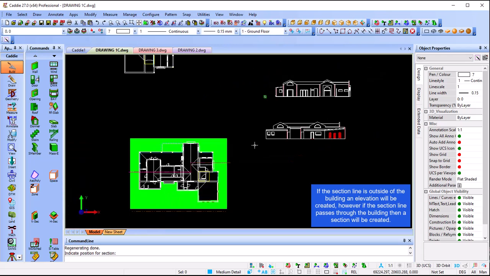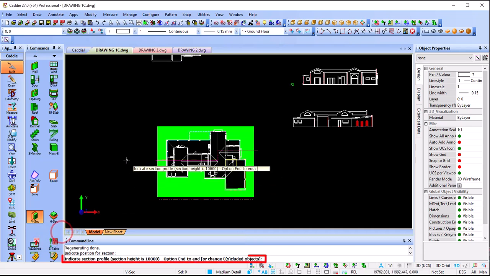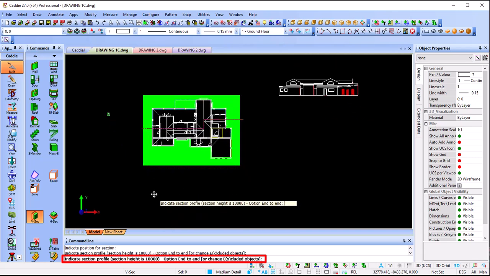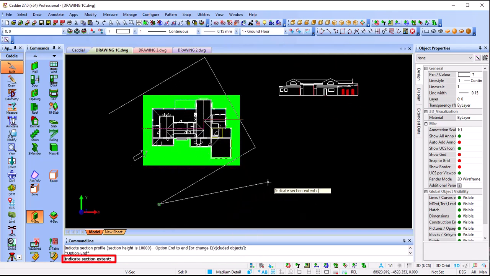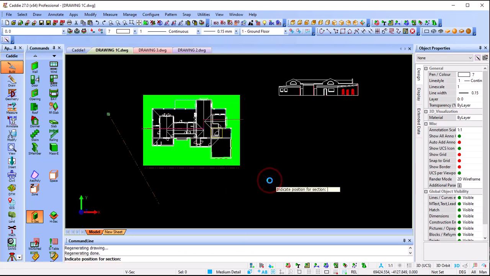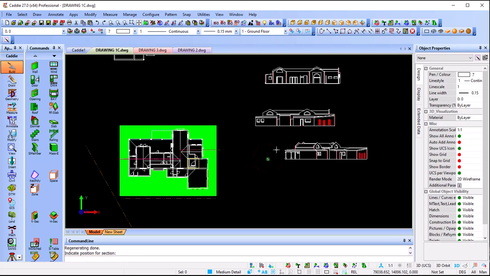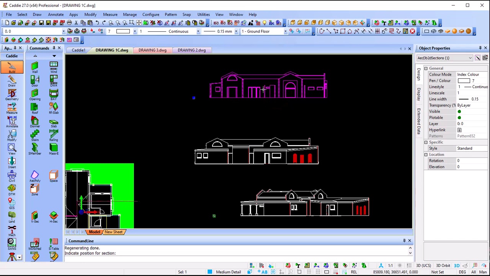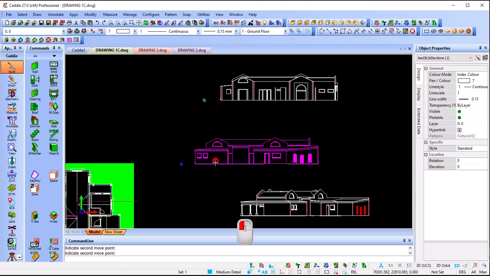So now I'm going to show you the third option, that this may be at an odd angle. Quick section. I'm going to watch it from, let's say, this angle, something like this. Odd angle. E for end. Okay, they ask us, what is the extent? And I place my elevation. Now you will see that each and every elevation is a link to your model. So if I click on the elevation or the section, you will always have a control point, a grip point, so you can reposition your elevation or your section at any stage.